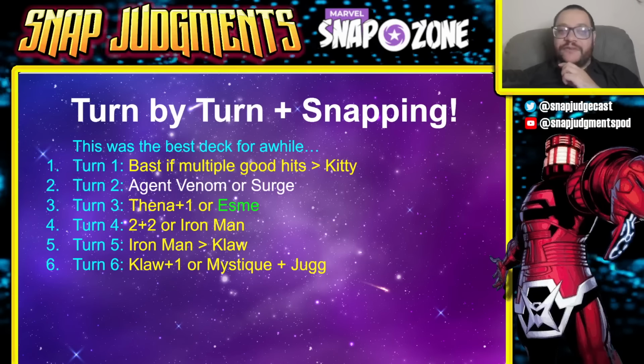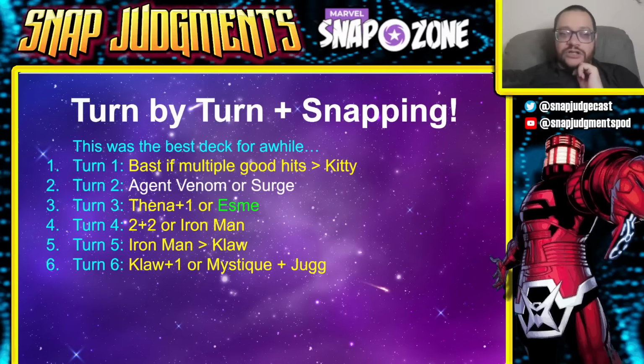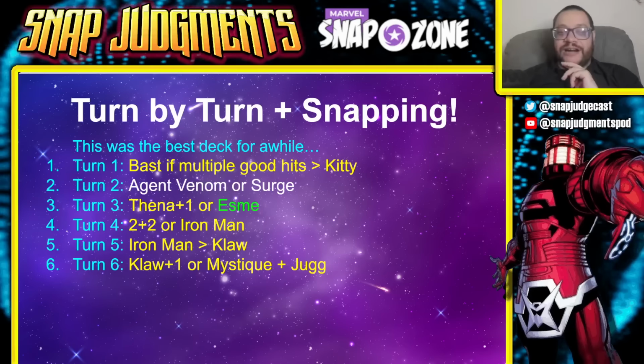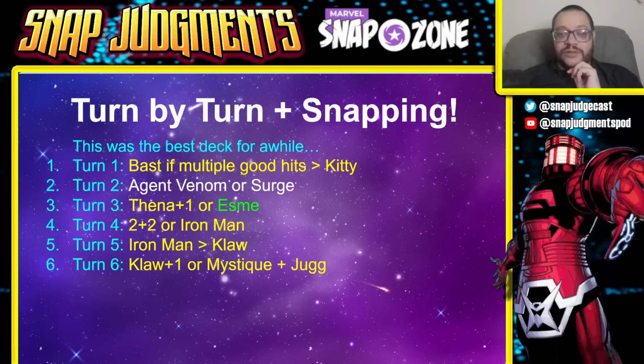Turn 1, Bast, if you have multiple good hits, is better than Kitty. And again, I might be cutting Bast. We'll come back to it. Turn 2, Agent Venom or Surge. Turn 3, Thena +1 or Esme. Turn 4, 2/2 or Iron Man. Turn 5, Iron Man is better than Claw. Turn 6, Claw +1 or Mystique plus Jug or Mystique plus Cosmo,